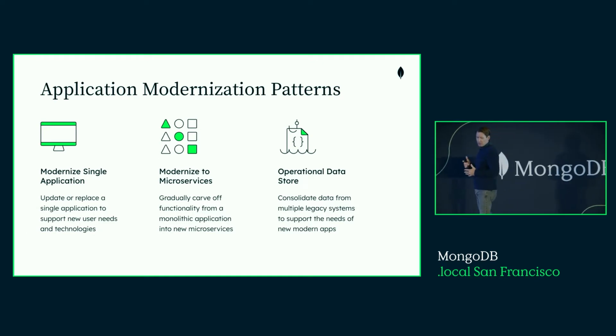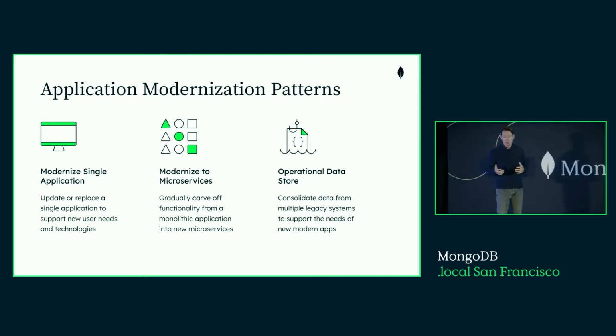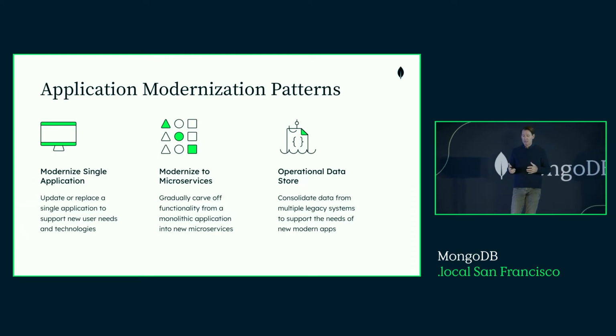The second pattern that we often see is a more gradual approach where we're taking an application and carving off a piece of functionality. So from a monolithic application, I'm going to now rewrite, re-implement, and then deploy microservices running on top of a more modern database like MongoDB. An example of this would be catalog functionality or content management functionality, maybe user-generated content for reviews, and changing those into microservices, running on a more modern database while leaving some piece of the monolithic application where it stands with